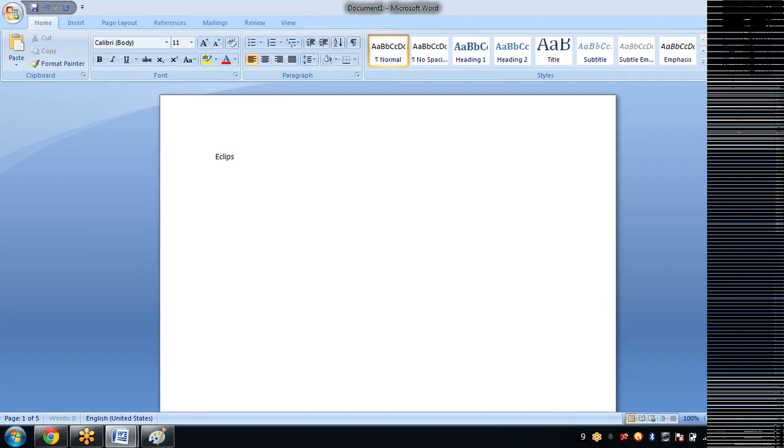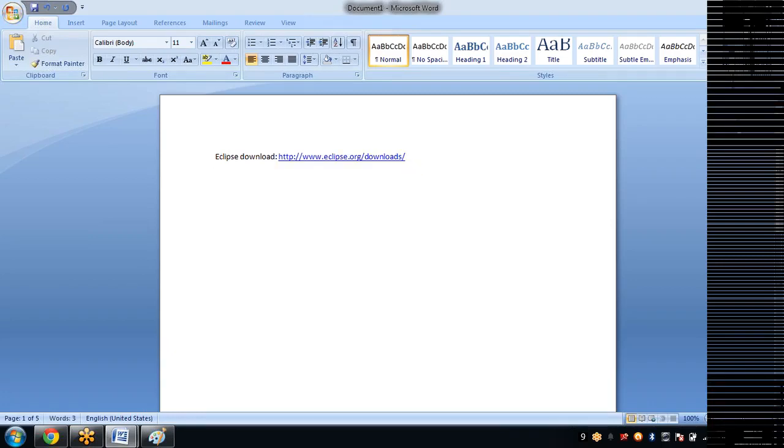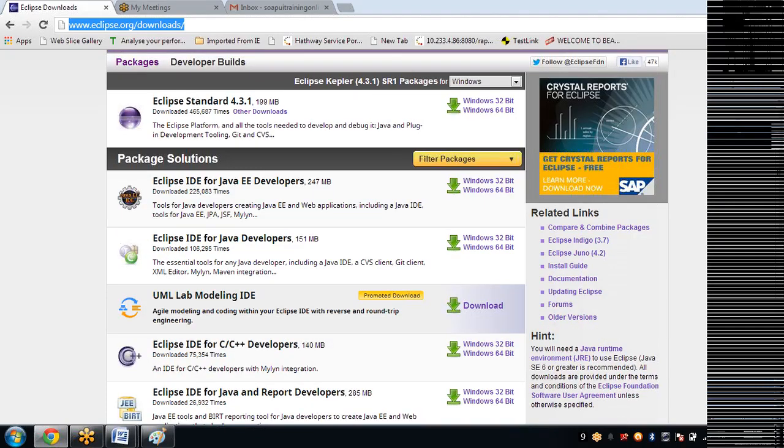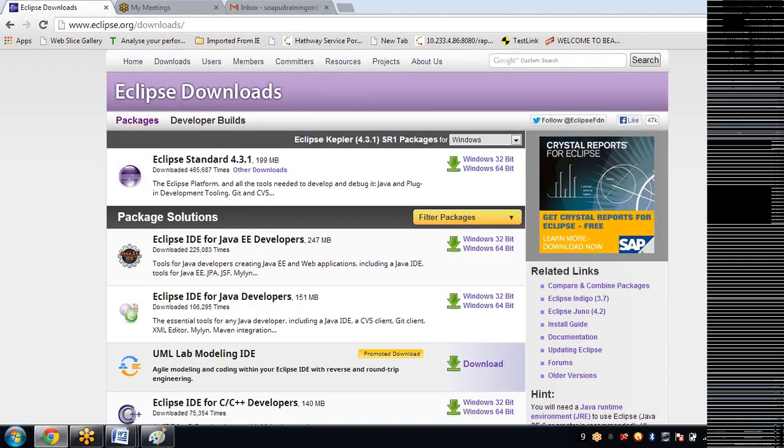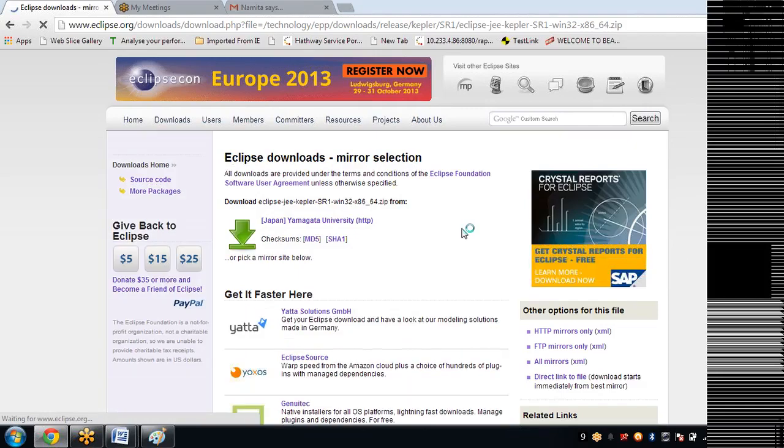I'll put this into this manual so that after sharing with you, you can open and hit those links directly. Cool. So hit this URL and see this Eclipse IDE for Java developers. If your machine is 32-bit or 64-bit, download accordingly. Hope you all have 64-bit. No problem if you have 32-bit also. Use the respective links for your system configuration. And if I go with 64-bit, now click this arrow, Eclipse will get downloaded.